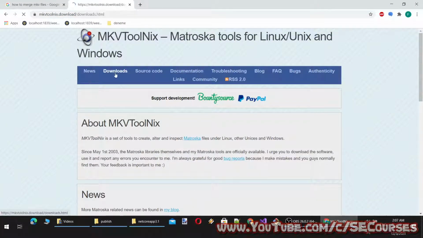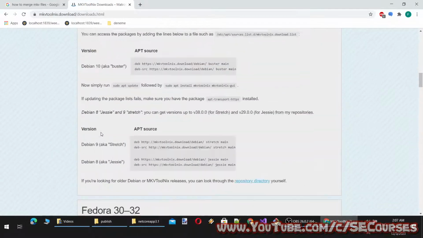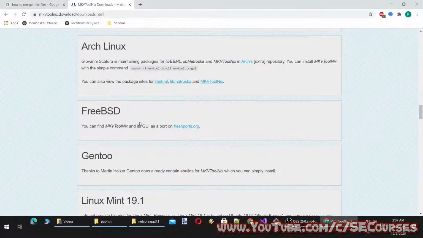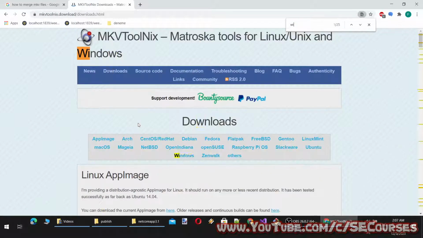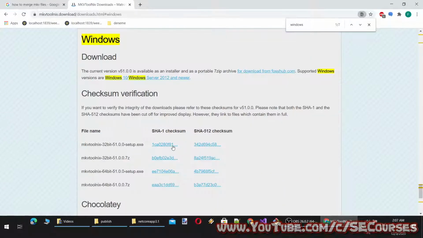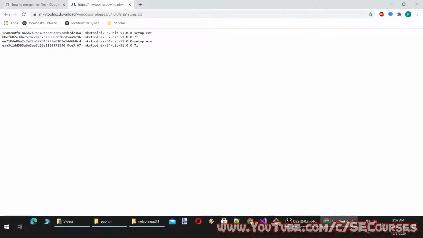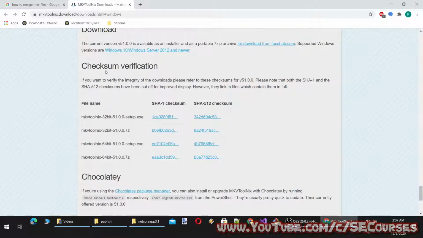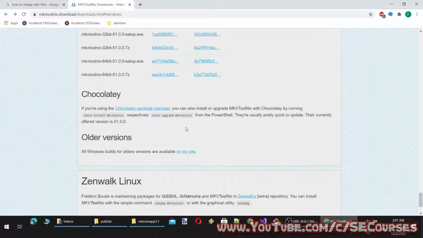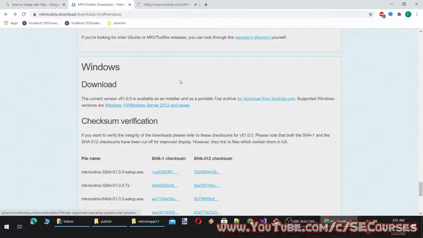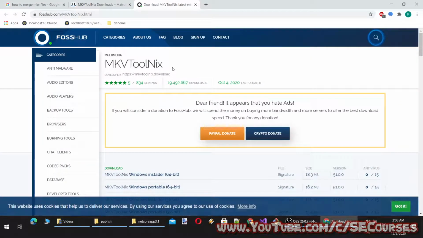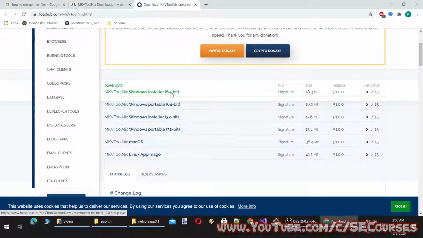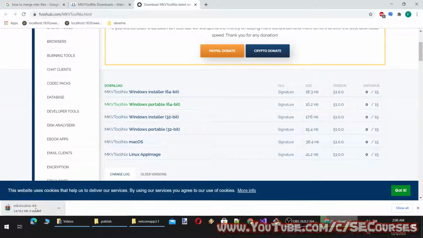And from downloads, let's find the Windows build. Here, and okay, I will just download the zip file. Okay, file names, custom checksum, and where do we download it? From here. Okay, and I will download the portable version. I don't need installation.